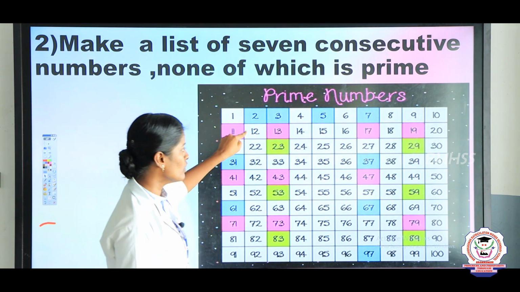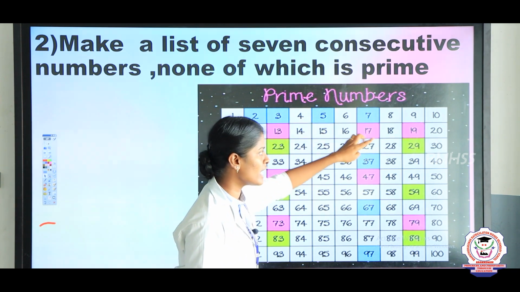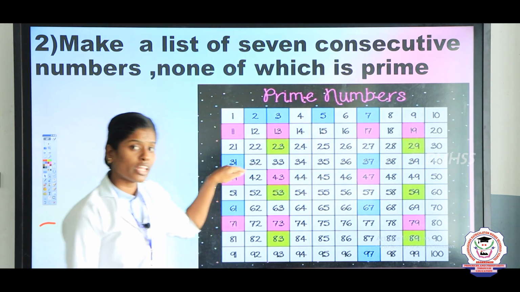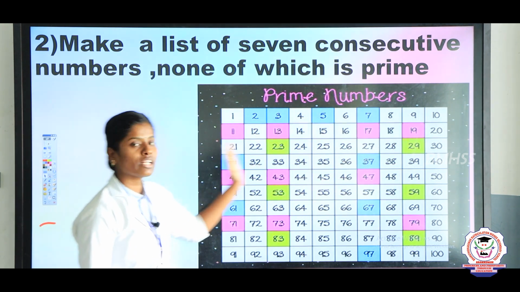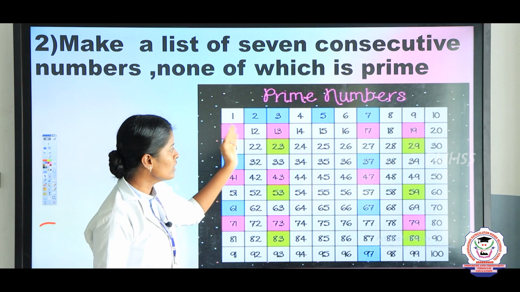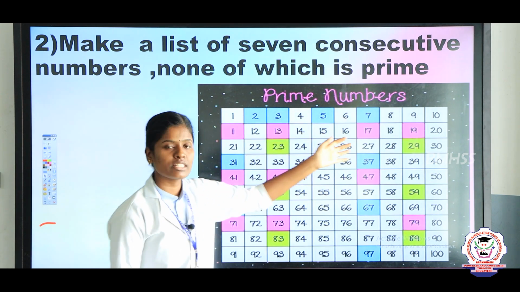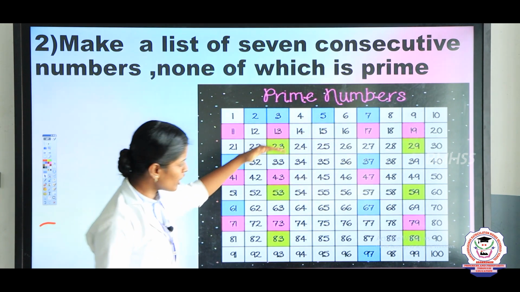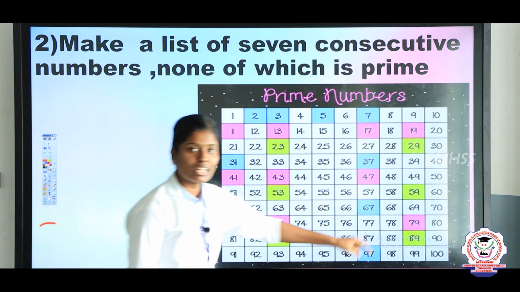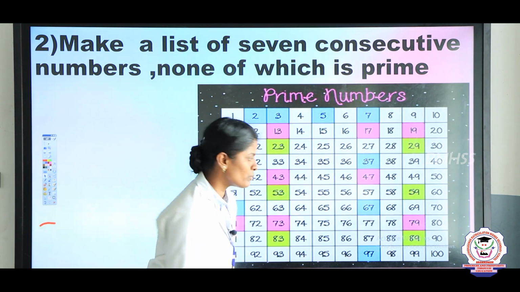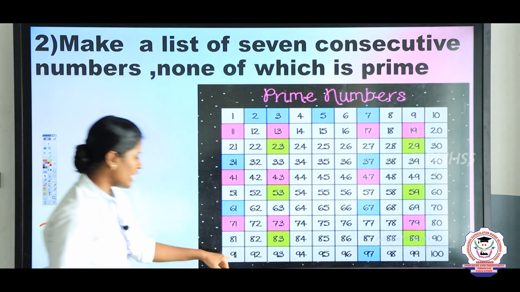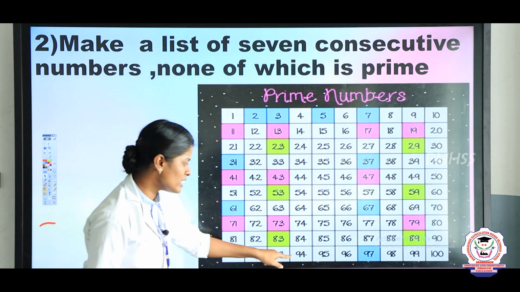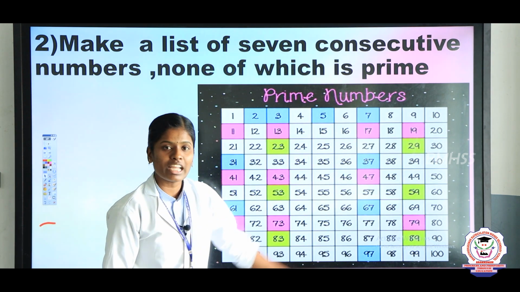And in the second row we have 12, 14, 15, 16, 18, 20. So these are called the composite numbers, but they are not continuous. In between we have 11, 13, 17 and 19. And finally you will check, here we have the continuous numbers. The composite numbers are 90, 91, 92, 93, 94, 95, 96.